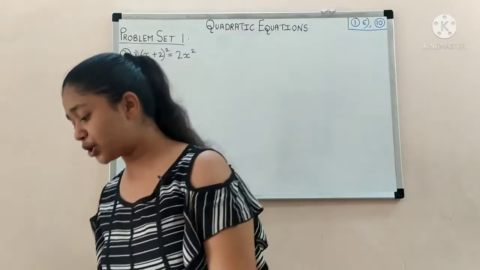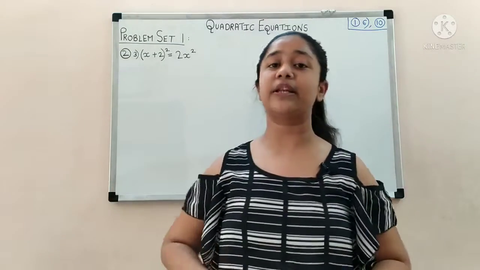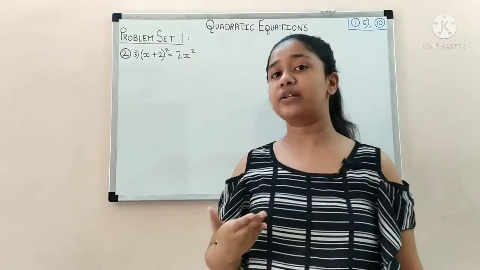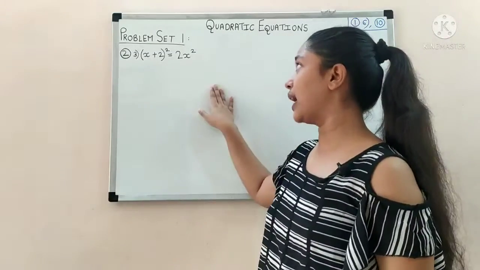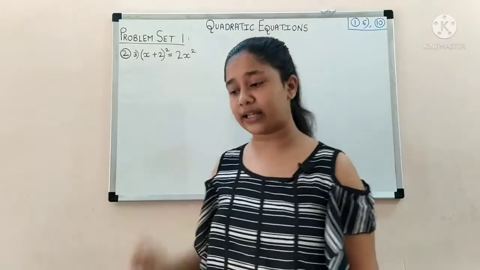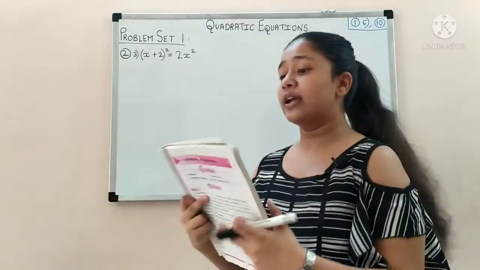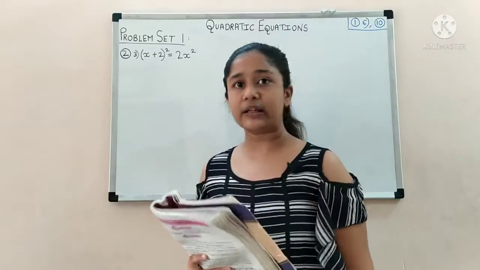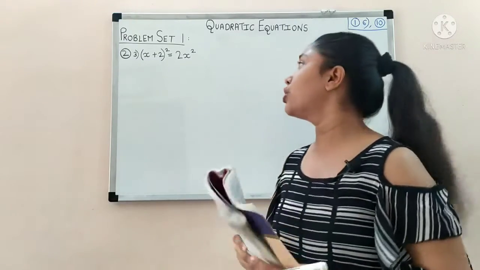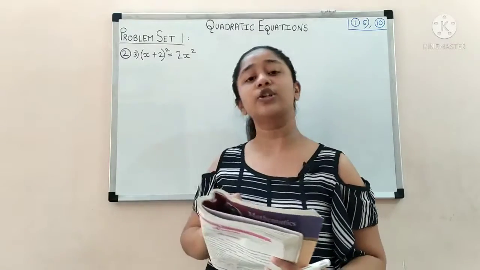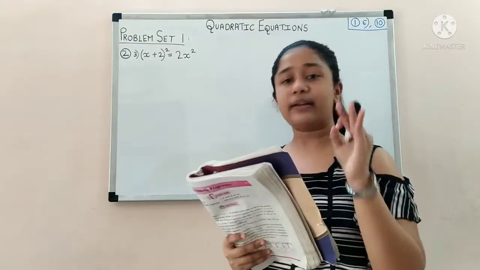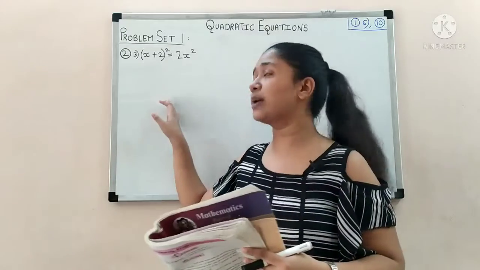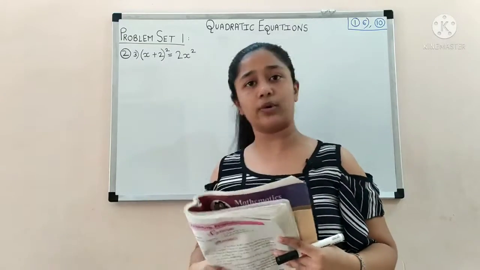Now question number 1, the remaining MCQs are for homework, and now we will be starting with question number 2. In question number 2, I have written the equation here and you have to check whether it is a quadratic equation or not. I'll read the question. Which of the following equations is quadratic? We saw how we find this. The highest power of our variable should be 2. Now there are 3 sums. One of the sums I am doing just to recall how such type of sums are solved, and the other 2 will be for homework.